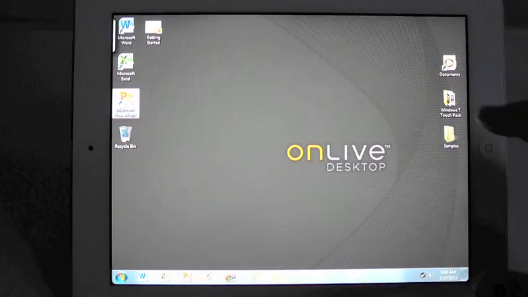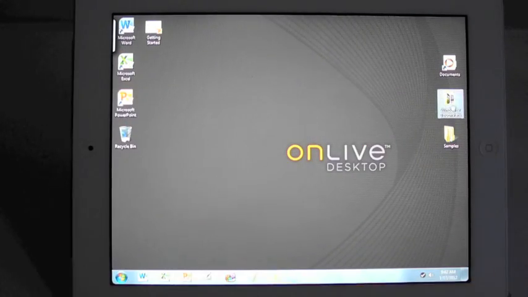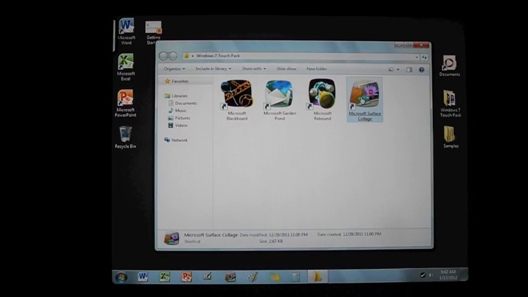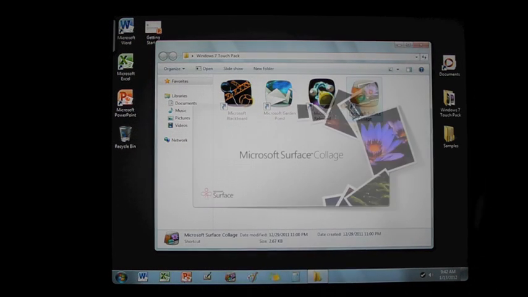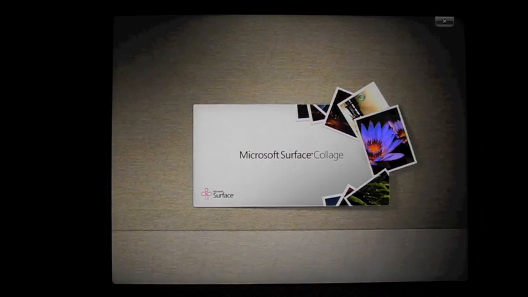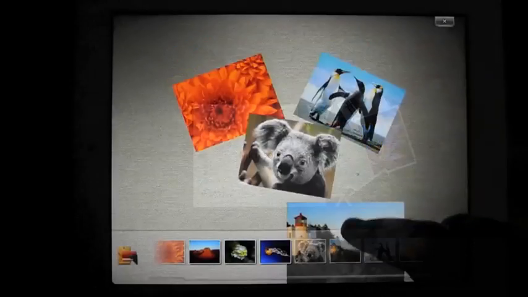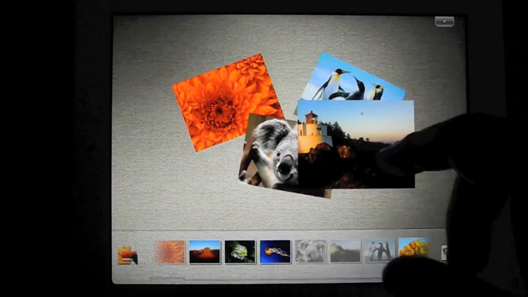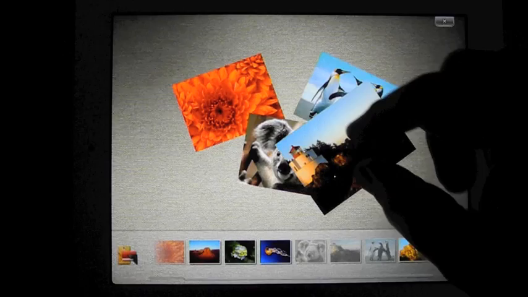There are a few things over here. If you look over here to the touch pack, it's got a few interesting games. Let's open up the Windows Surface Collage. So you notice the lag, it is sort of slow. You're getting more like netbook speeds, except when you're typing, you're getting worse than netbook speeds. Notice you got a sample collage here. You can drag, shift this,